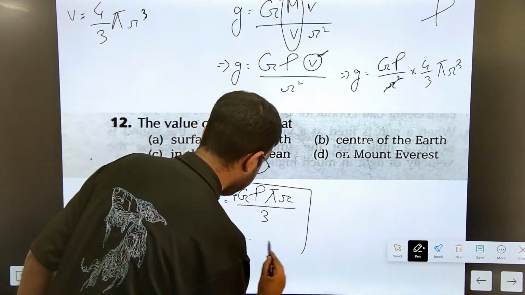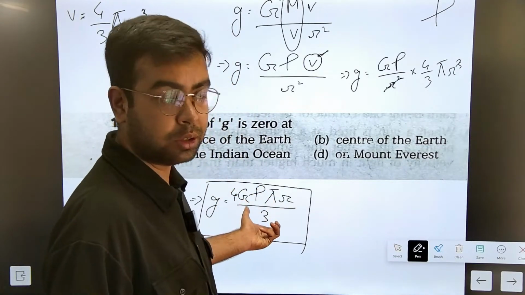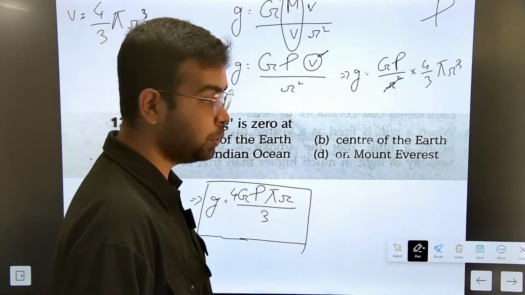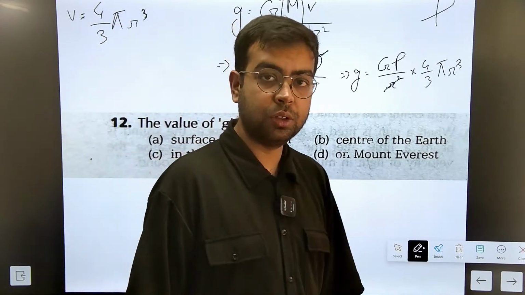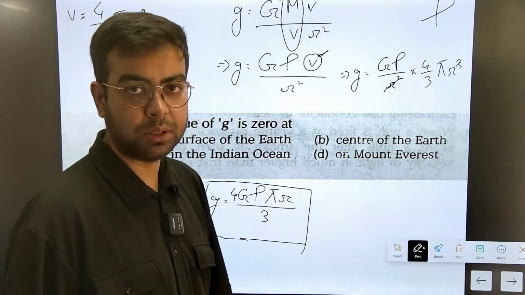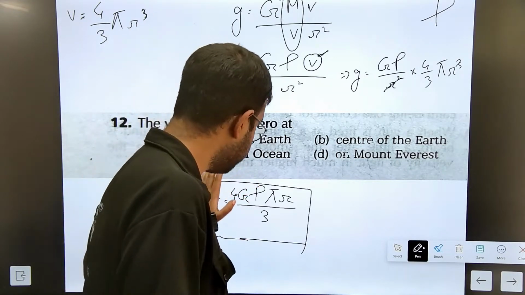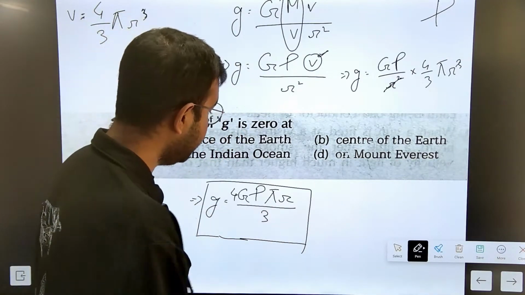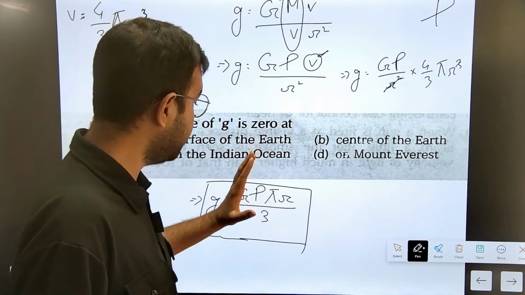ठीक है? Now see, here the density of Earth rho cannot be 0. The gravitational constant is not 0. The value of gravitational constant I told you is 6.66 into 10 to the power minus 11. ठीक है? Pi का value we all know, 3.14 or 22 by 7, whatever you take it. And we have 4 and 3. These are numbers. So out of here, in order to make the small g as 0, यहाँ पे किसी एक वेरिएबल का वैल्यू 0 होना पड़ेगा ताकि इनटू करने के बाद the whole thing comes as 0. अब ग्रेविटेशनल कांस्टेंट 0 हो नहीं सकता. That is 6.66 into 10 to the power minus 11.